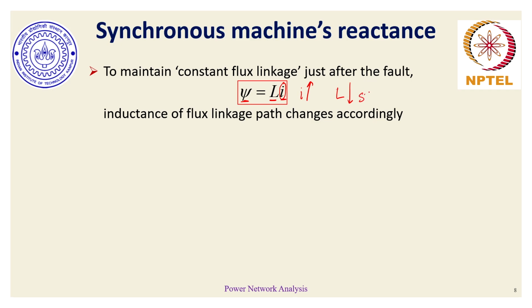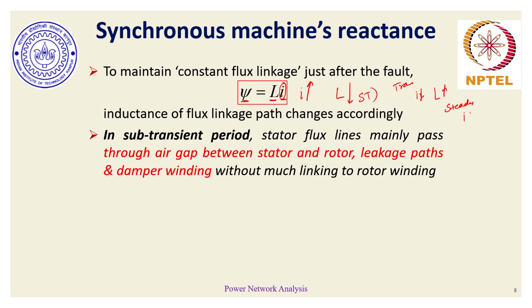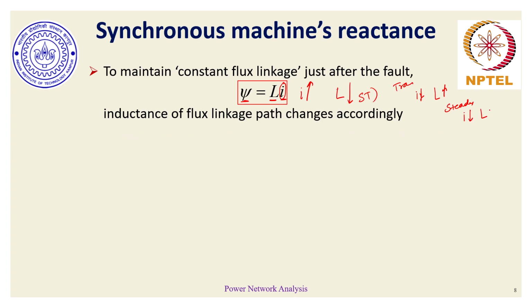Then during the transient period, as the current tends to go down, the corresponding L value would tend to go up, and finally in steady state, the current is at its minimum and the corresponding L would again appear at its maximum, so that the product of I and L during transient, subtransient and steady state period doesn't change instantaneously. Physically, what leads to this lowest value of L or reactance in subtransient period is